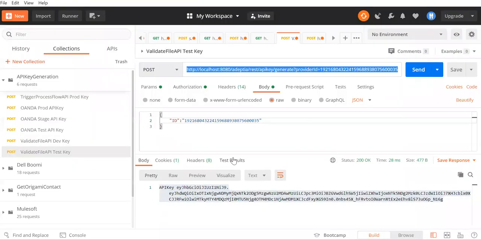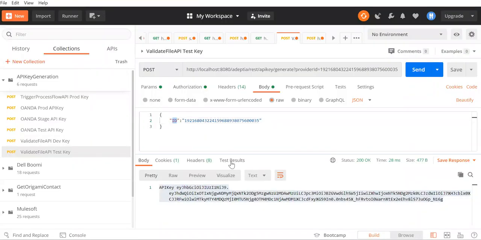Then if you see the body, this is the key name which I used in the security policy, and this value you can pass as anything. You can keep this key based on your environment, because every environment will be creating a different API key. So you can smartly use this key name, maybe dev ID. But this value will be the same for all environments. The entity ID won't change at all even if you deploy to a different environment. So you need to pass this body. Try to give a unique body for each environment and then generate.